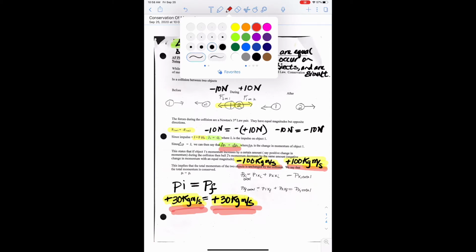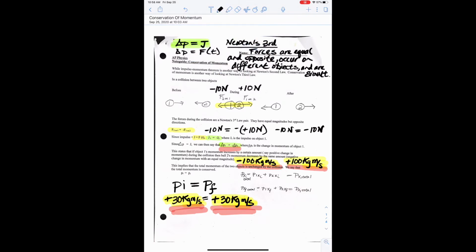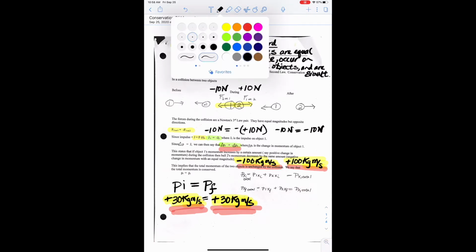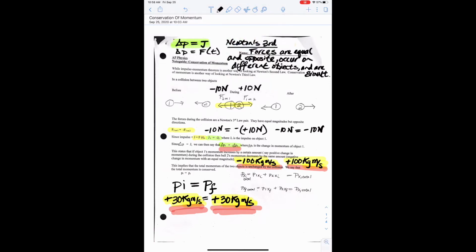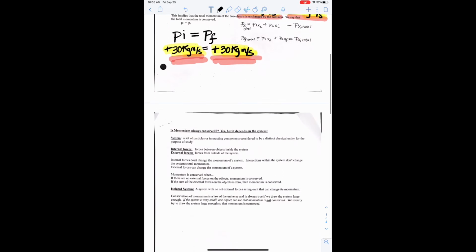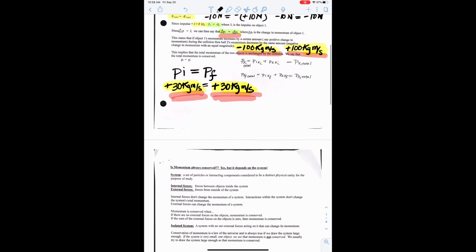Anyways, hopefully that's making sense. If not, I think it'll make more sense once we do some problems. I just want to show you this down here. So let me think of how I want to write this. I guess I just want to point this out, that PI equals PF,